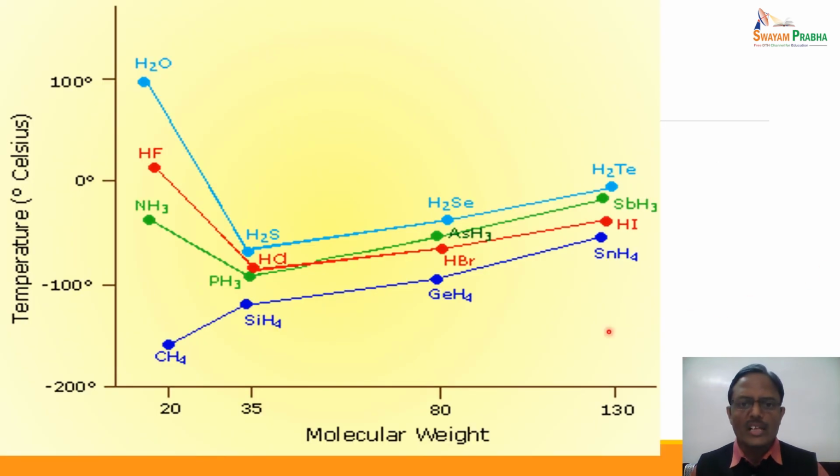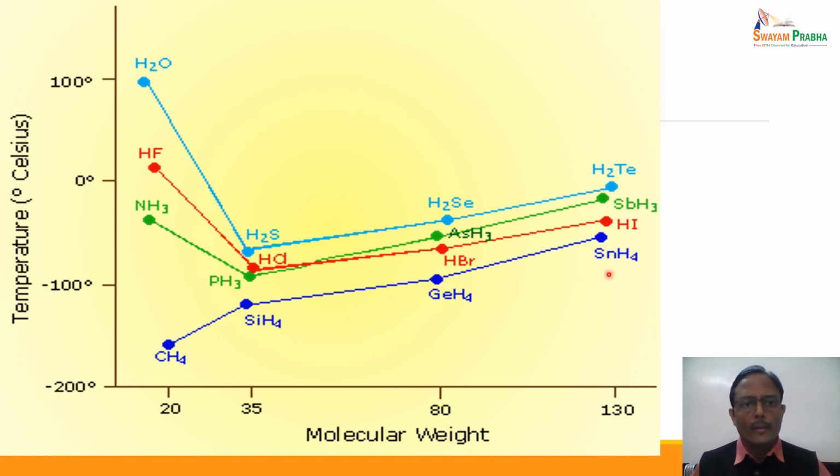This diagram is a clear-cut indication. If we see CH4, SiH4, GeH4 and SnH4, there is no hydrogen bonding, because the electronegativity of carbon and hydrogen are comparable. As a result, there is no hydrogen bonding in CH4, SiH4, GeH4 and SnH4. So quite obviously, with increase in molecular weight, the boiling point goes on increasing continuously from CH4, SiH4 to GeH4